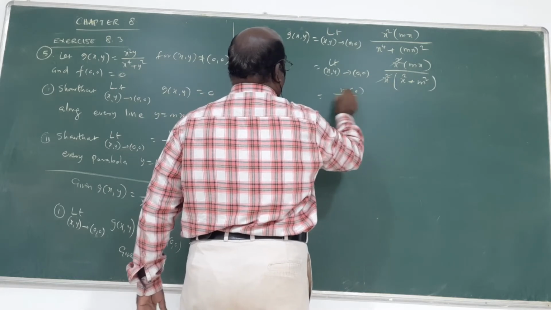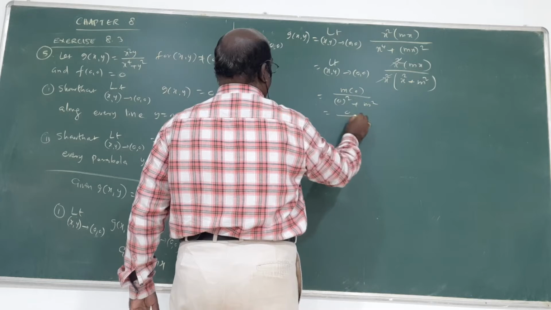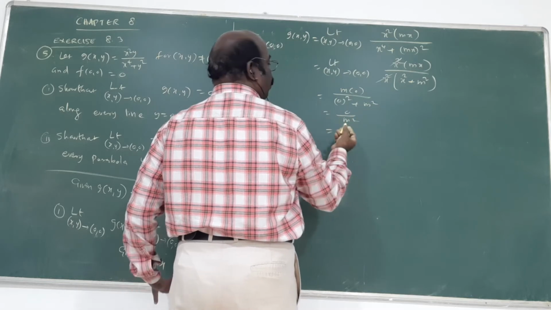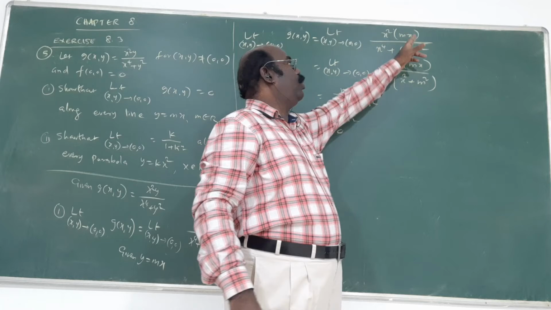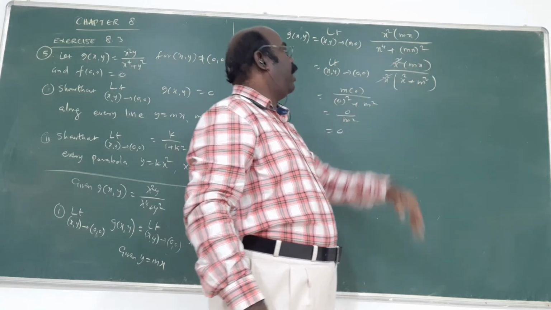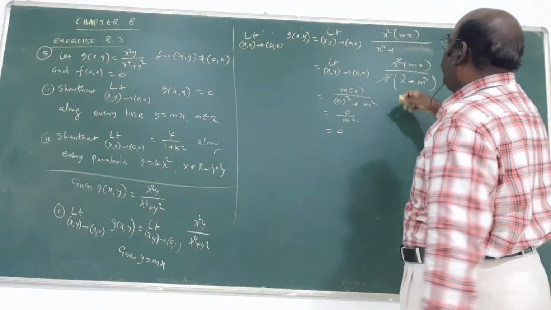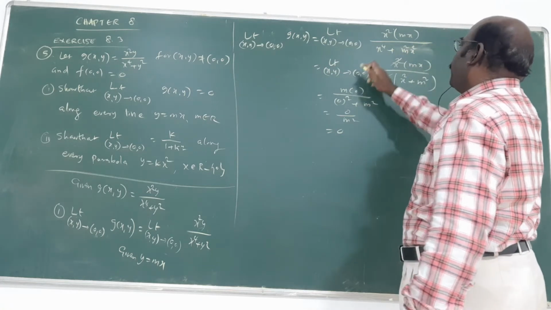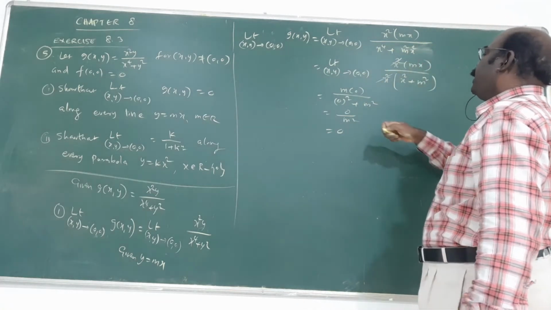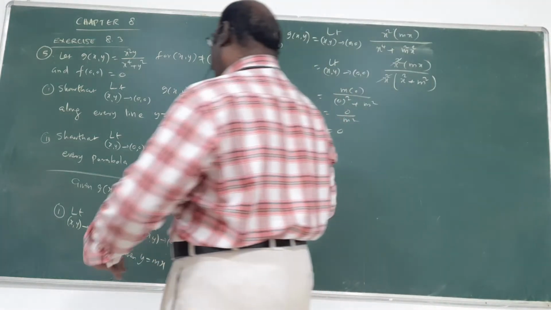M into 0 by 0 square plus m square. But 0 by m square, 0 by m 0, that's all. Mx whole square means m square x square. Our direct answer y square is given. Y is mx, so y square is m square x square. Now take x square as common. X will cancel. Now I'm going to do it. Similarly, the x problem is the same thing.